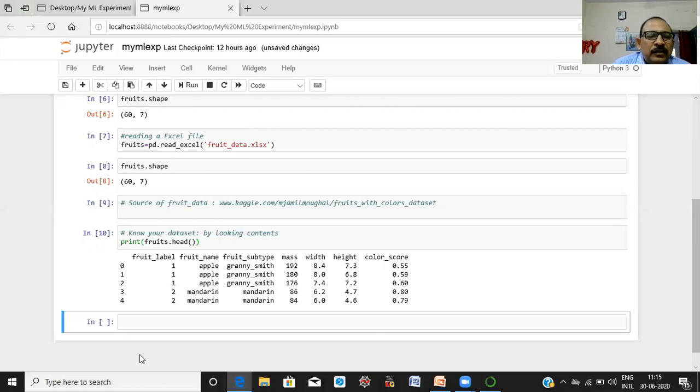Is it clear? Now, suppose you want to see the first 3 records, first 5 records, or first 10 records. The corresponding Python statement is fruits.head.